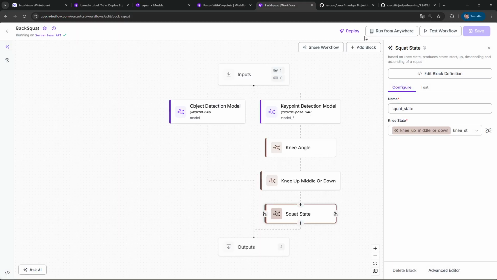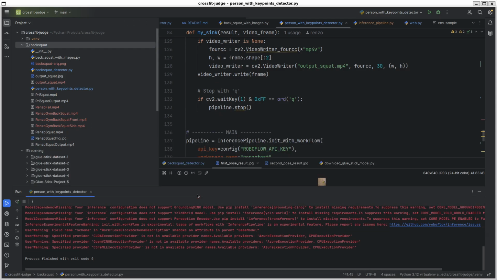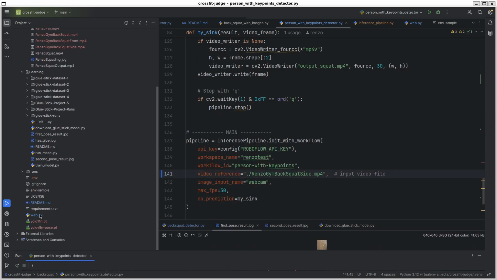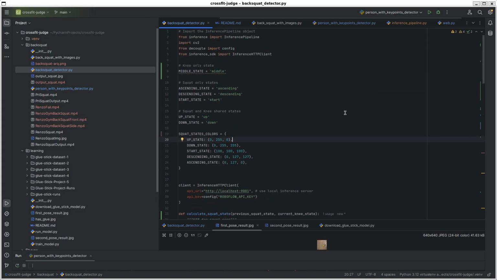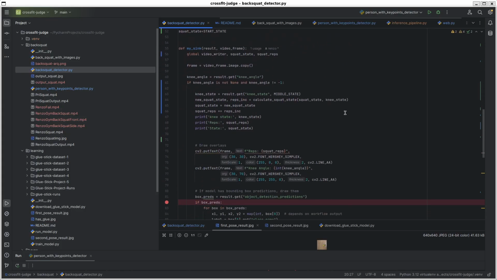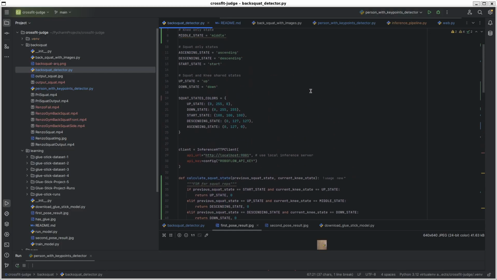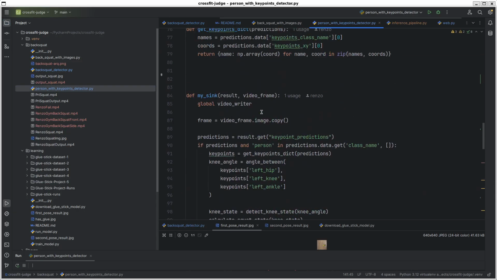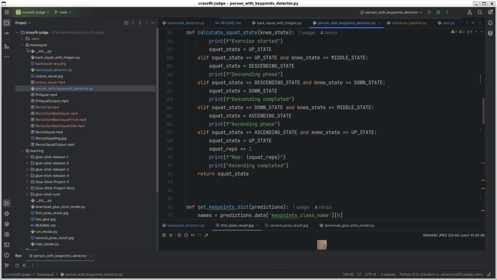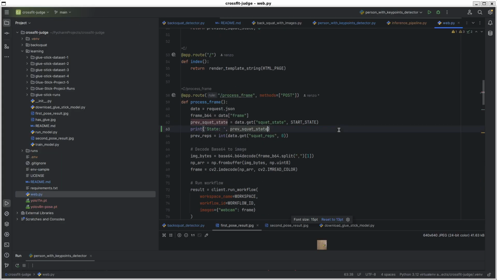So what I have in the last version, based on the code that I'm going to show you, is the web application version based on the back squat. Oh, and by the way, this is the code for the back squat. You can see that it's very similar to the other one, but without the calculation of the knee state, knee angles, and stuff like that. I didn't need it, so this code is much simpler than this one where I have to calculate everything. Well, anyway, the last version was the web application.